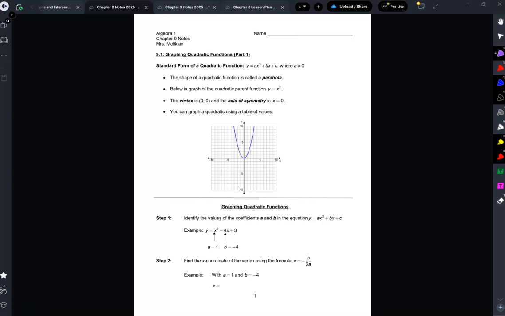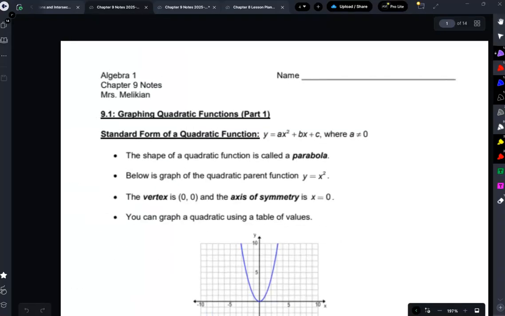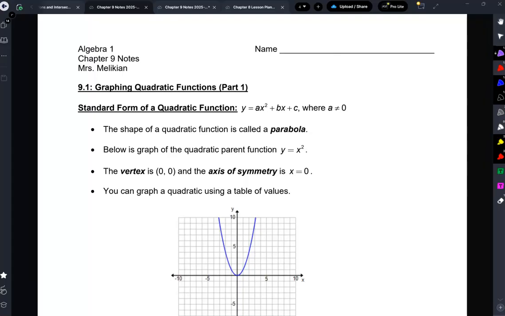We've been working with quadratic functions. We've been solving them, factoring them, right? And then today we're going to learn how to graph them. Okay, so first of all,